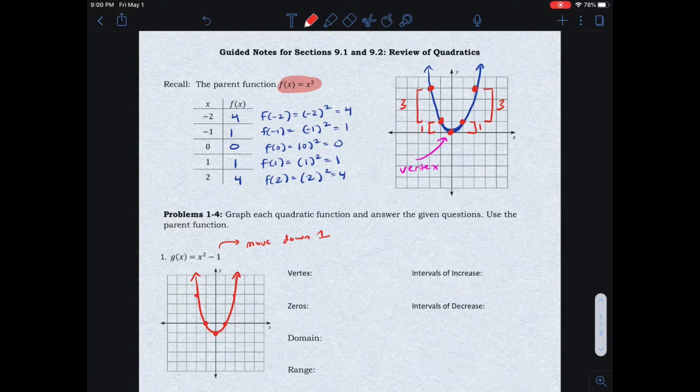It needs to be smooth. And so now from here, we're going to find some key characteristics of this quadratic function. The vertex is at (0, -1). When we're talking about the zeros, those are going to be the x values that when you plug into the